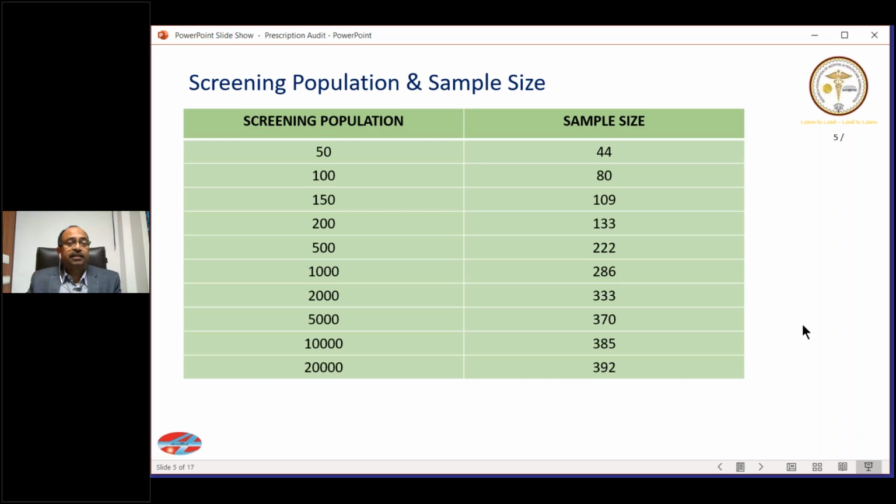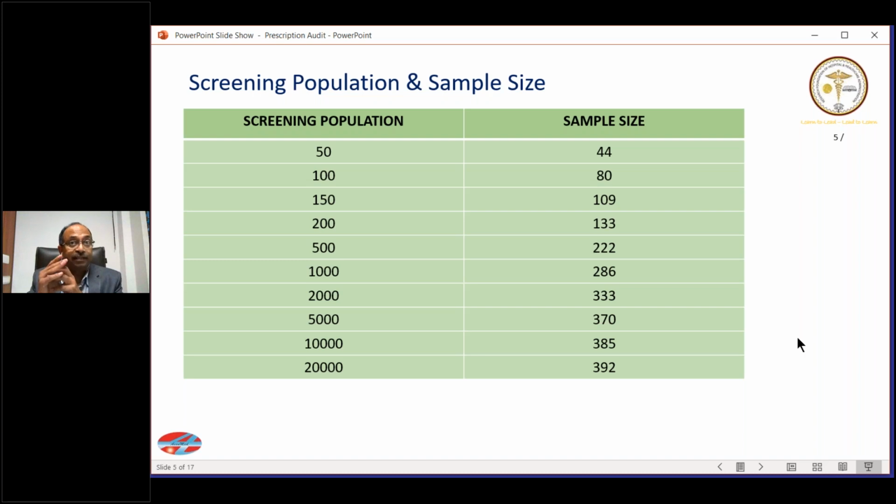Okay, so here is the table that is given in the NABH book as well. This is a table which tells you what should be the sample size for a given population. Now, NABH says that you must do a prescription audit and the medication order audit every month. So let us take the example of a prescription audit. Prescription audit is done for prescriptions written in the OPD. The medication orders audit is done for those medication orders which are written in the inpatient files. So these are two different sources of data, and therefore we will consider them differently.